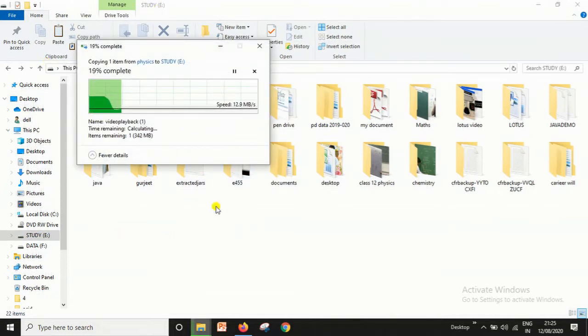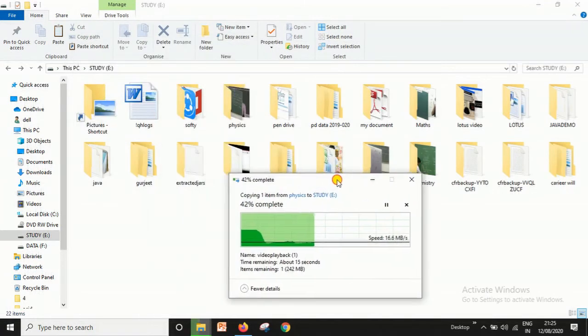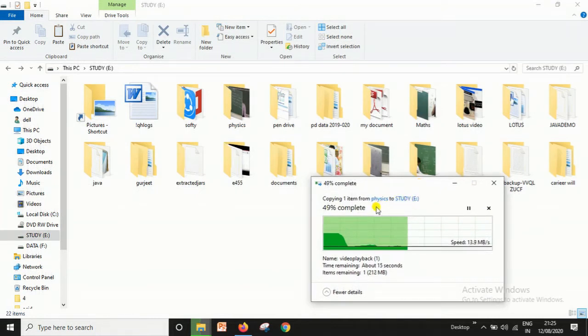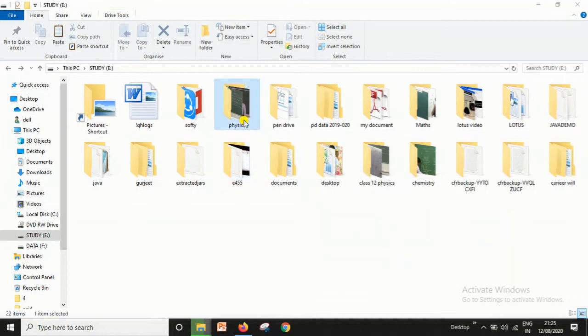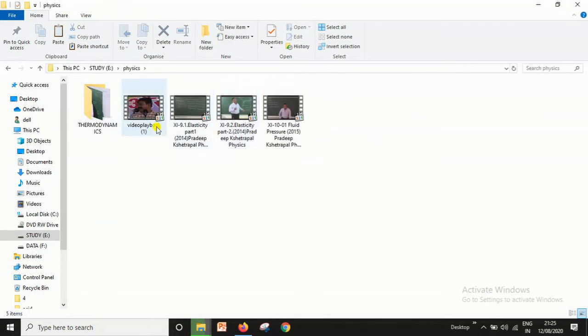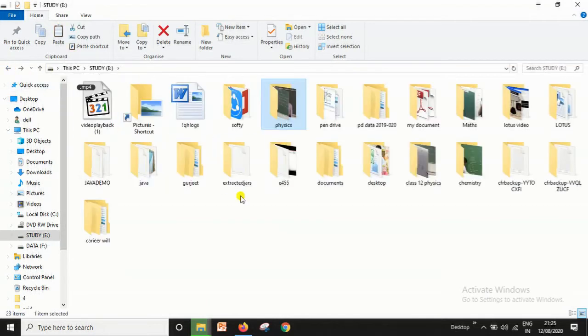Now this is copying. Then you see what will happen. The file is now copied. The file is not moving, the file is copying now. So please check, I copied from here, the file is here and the same file is copying here outside. The process is going on.